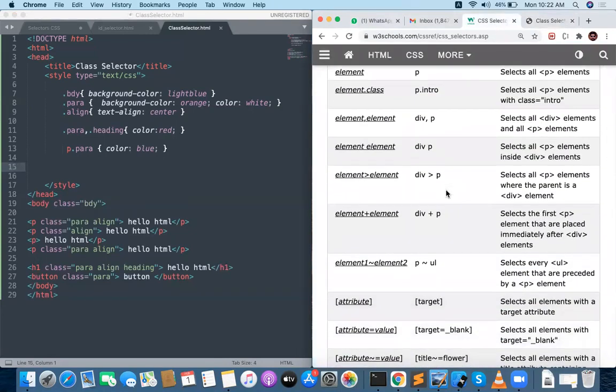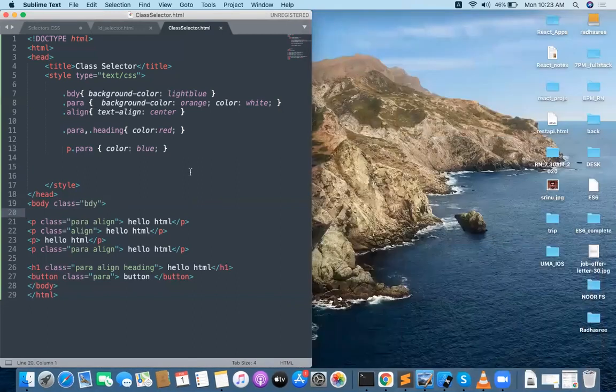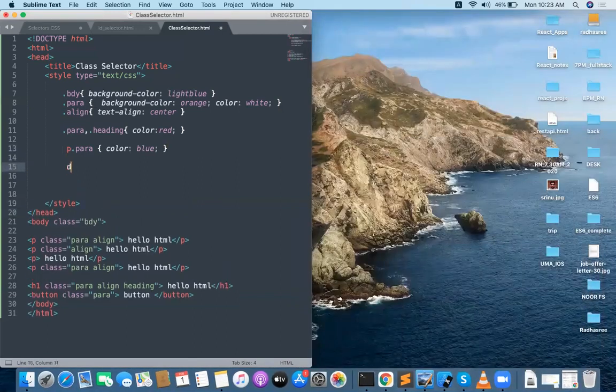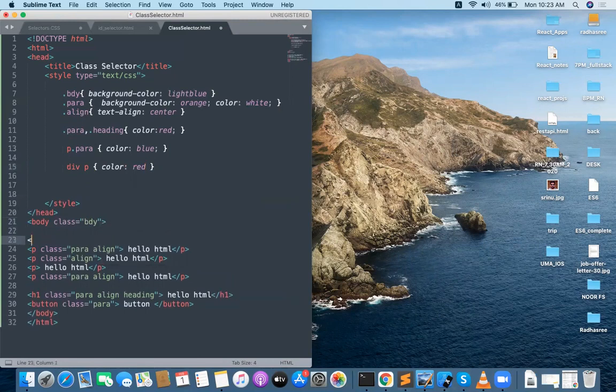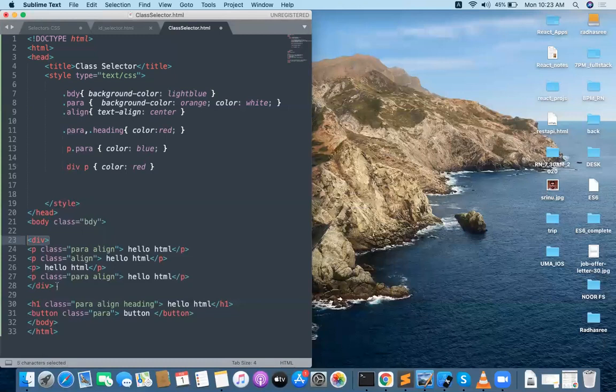And now, the second thing is, let me do one thing. Div space p. Okay, div space p is when you want to apply a group parent selector. Div space p. I want to apply something like all will be red color. Let me take a division for all the paragraphs in the top level. Division is the element which is going to be a container tag, and inside the division we will be having how many paragraphs? 1, 2, 3, 4 paragraphs are there. So inside the division, I want to take a paragraph.